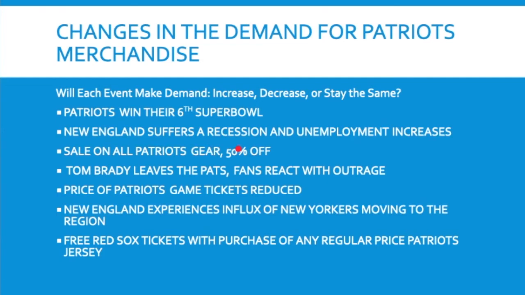New England suffers a recession and unemployment increases. So people are making less money in New England because of unemployment. So they have less money to spend on Patriots gear, so their demand is going to decrease. At all the different points in the line, they'll buy fewer hats, shirts, or whatever. So we were on line D. We started at C, we moved to D, and then we would move down again to C with this decrease in demand. So your finger should be on C.